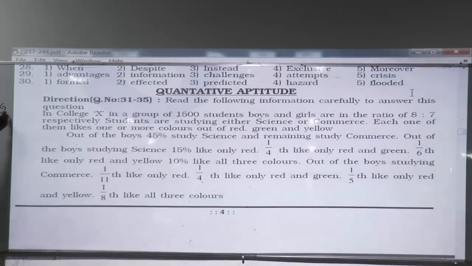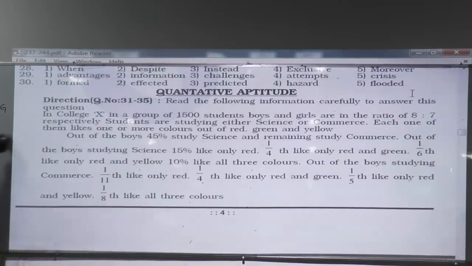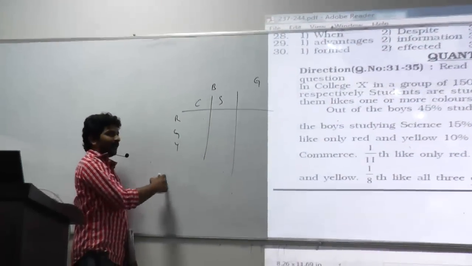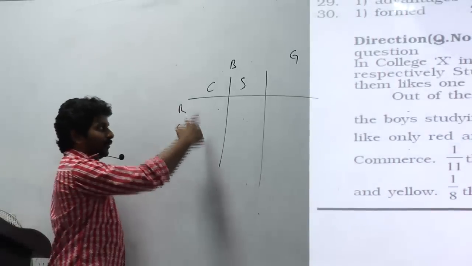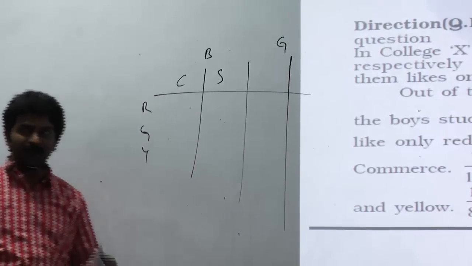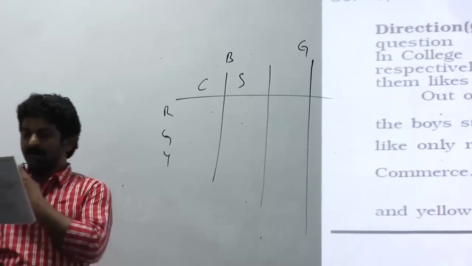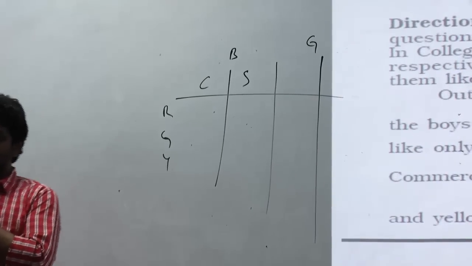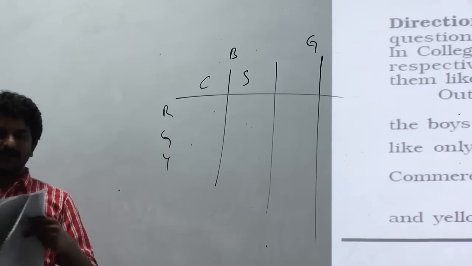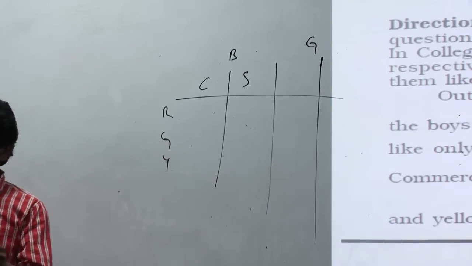Boys and girls, again commerce and science, again candidates who like red, green, yellow, red and green, red and yellow, something like that. So in total you are going to have 4 vertical lines with different combinations. Simple only, but to arrange the data it might take some time. Once you get the table, then it is fine. Next,